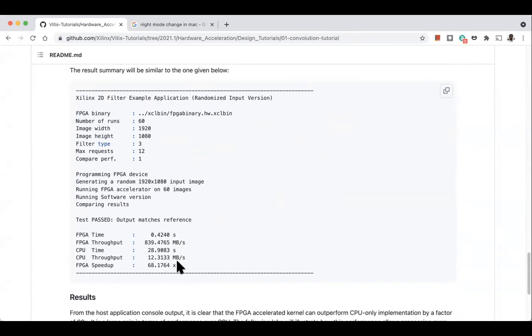This is the throughput: 840 Mbps. The requirement is 340 Mbps on the FPGA, so what they are able to get is way more than what is required. So they got 840, and by using the FPGA, they get a 68x speedup over the CPU version.